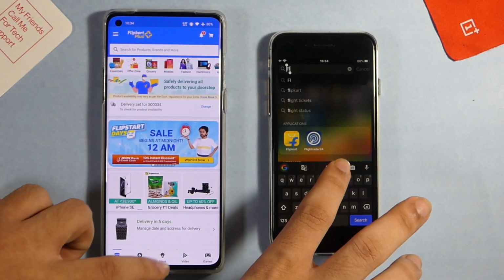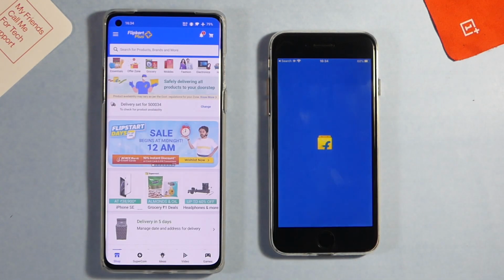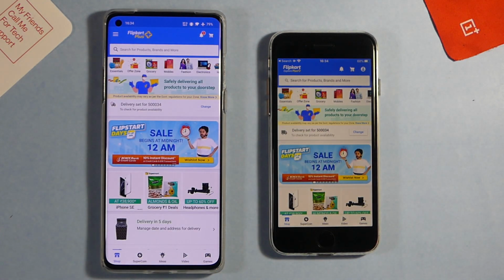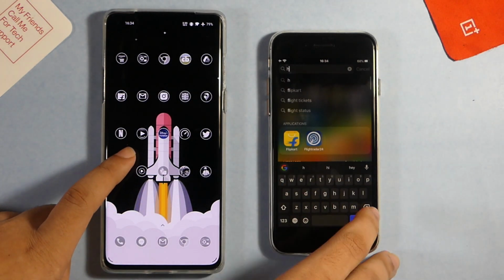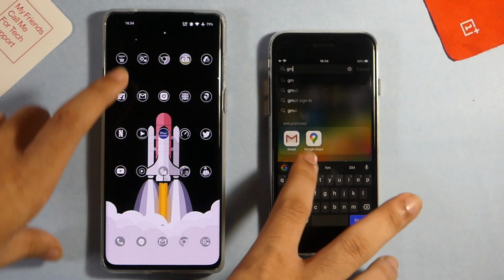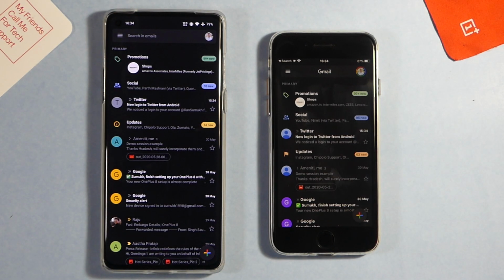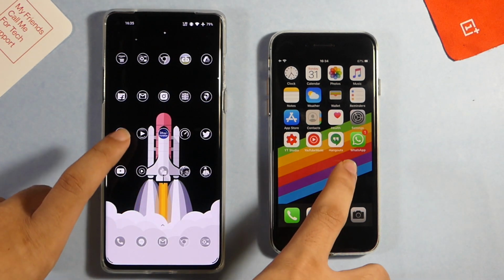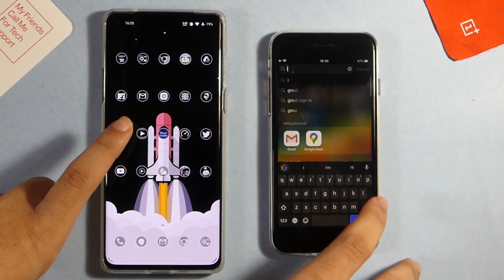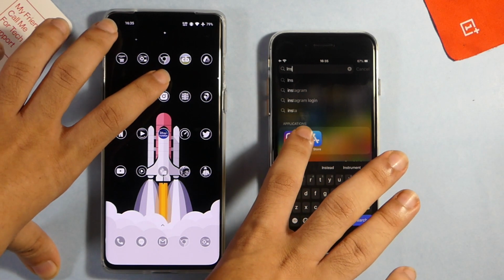Let's actually open that side by side. I'm tapping them by mistake. Yeah, there you go. The OnePlus 8 again was faster. Heading back, we have Gmail. So opening up Gmail, and that was again almost instantaneous on the OnePlus 8. On the iPhones, actually, I'm seeing that there's a splash screen while opening some Google apps, which is not there on Android. So Instagram,